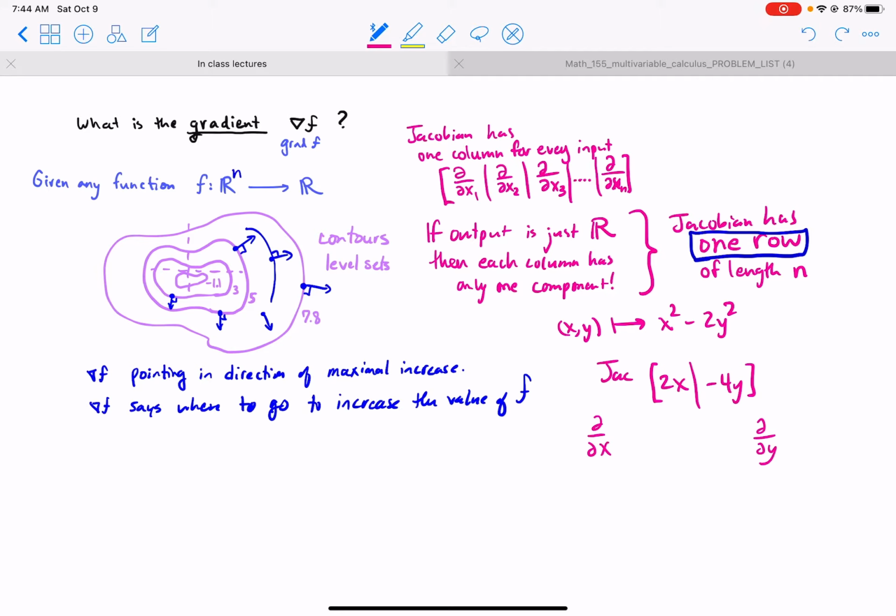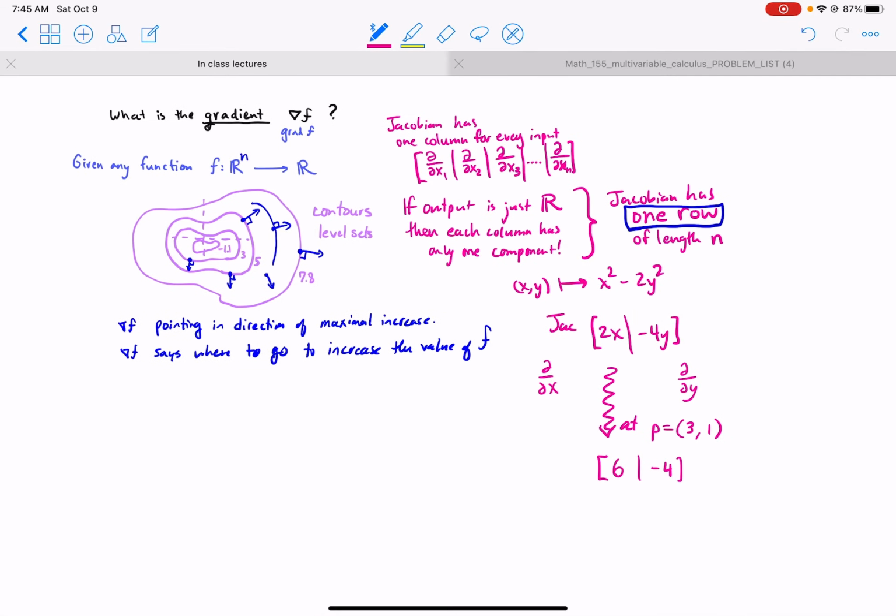So in particular, at a given point, let's say p equals (3, 1), I plug in a 3 and a 1, and I get 6, minus 4. So I interpret this now